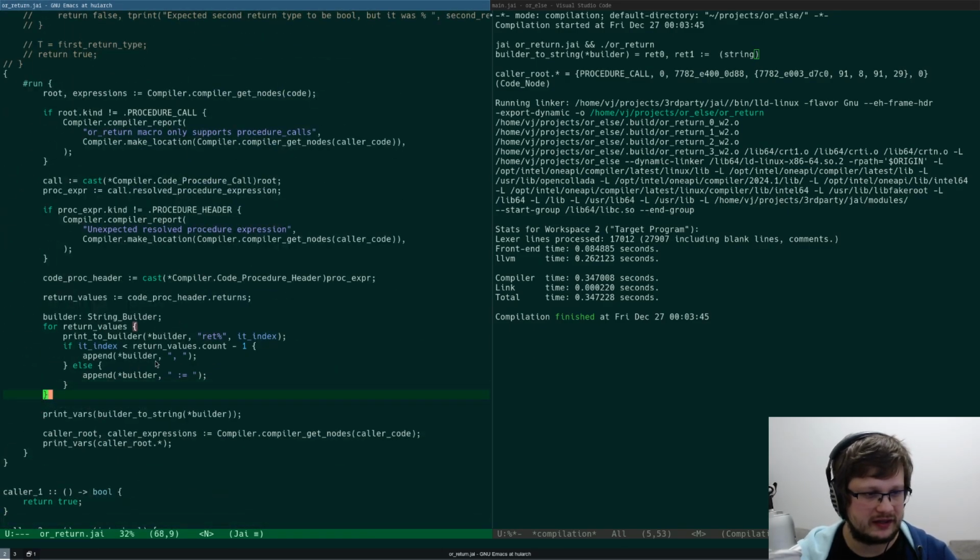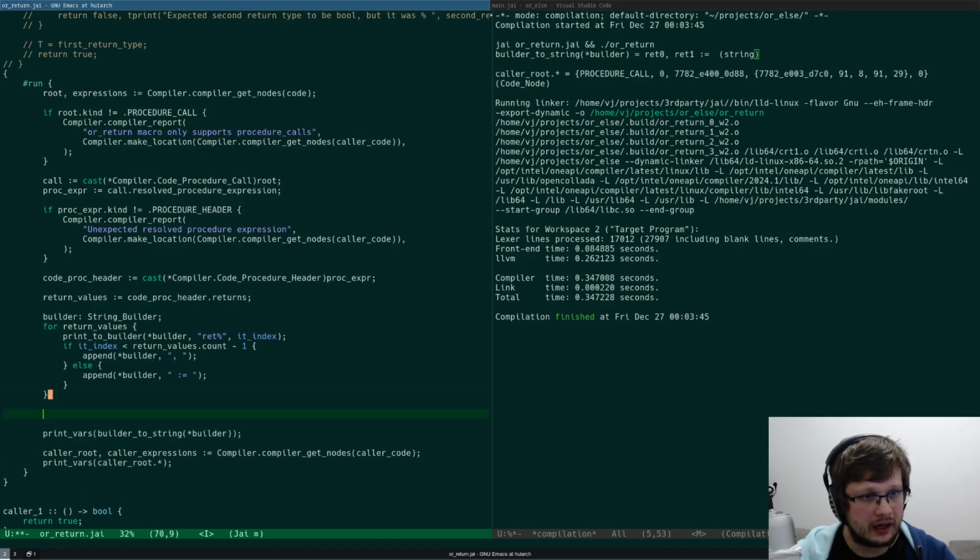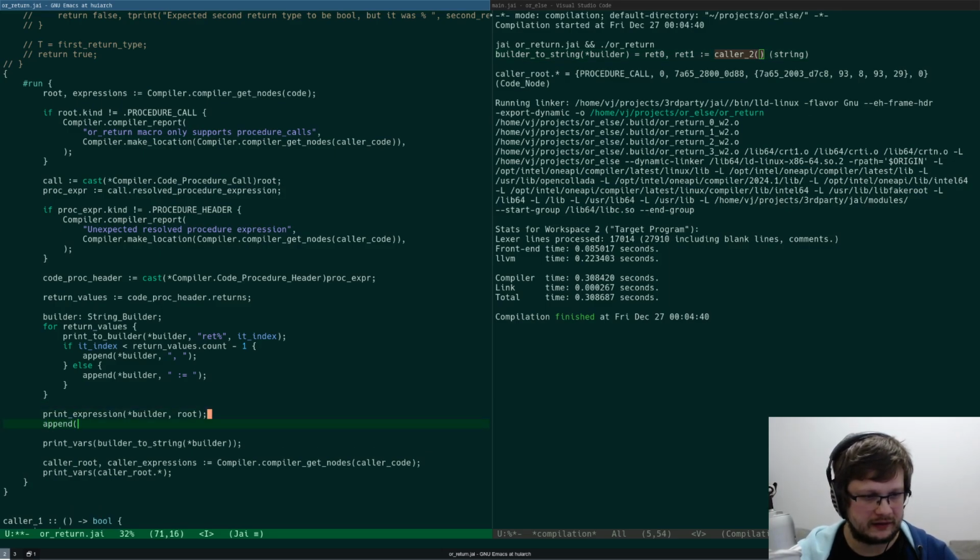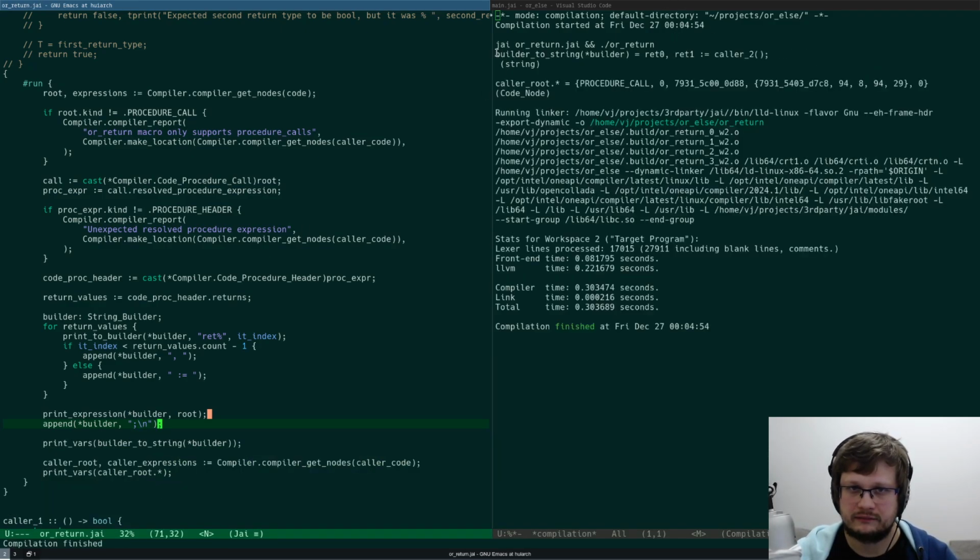So what we did is print expression into builder, and we print in the root, right? I think that should work. Equals color2, easy clap, right? And then we append semicolon. Yeah, just like that. Red1, red0, red1 equals color2.